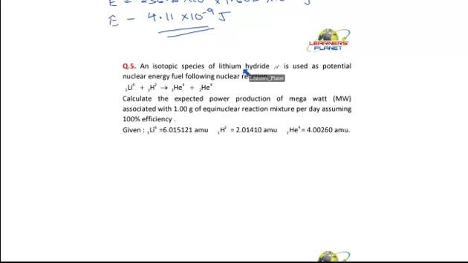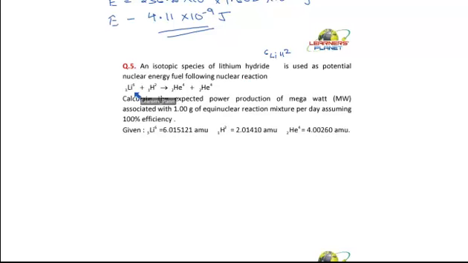An isotopic species of lithium hydride. It's not visible here. The question is, Li6H2. What is the normal species of lithium hydride? It is LiH. Now, an isotopic species of lithium hydride, Li6H2, is used as potential nuclear energy fuel following the nuclear